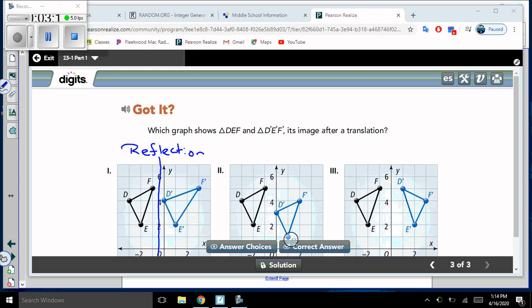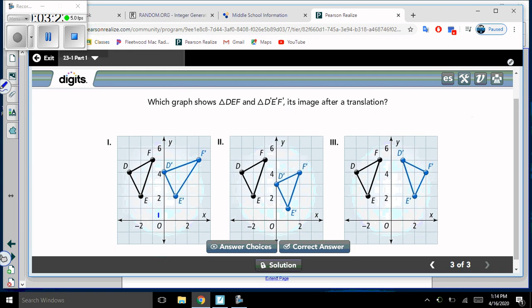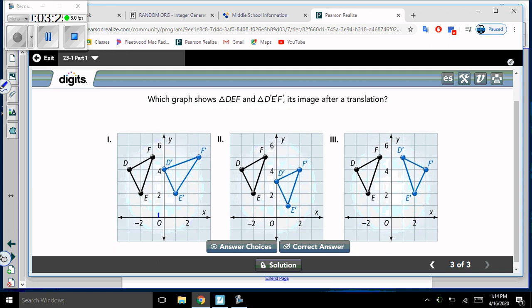And on the next slide, you see a similar situation. It says we have DEF, and DEF in its image, what does it look like after a translation? Once again, if we take a look at the first one, look at the distance here from D to F, and it's different than the distance here from D to F. So obviously, this one does not work, all right? If I take a look at the second one,